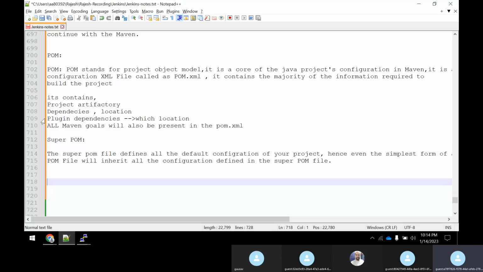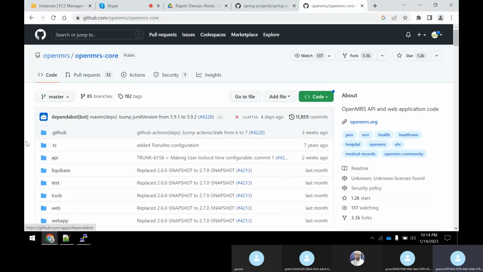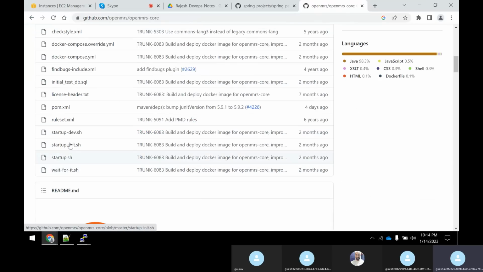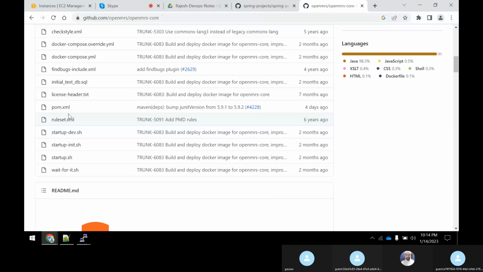So as I said, here in this example of OpenMRS, even this API, this pom.xml, will try to inherit whatever the main pom.xml has. Whatever the content is there, it will inherit. If I want to give you an analogy, it is like in a Java project, you have an Object class, and every class in Java inherits the main Object class.